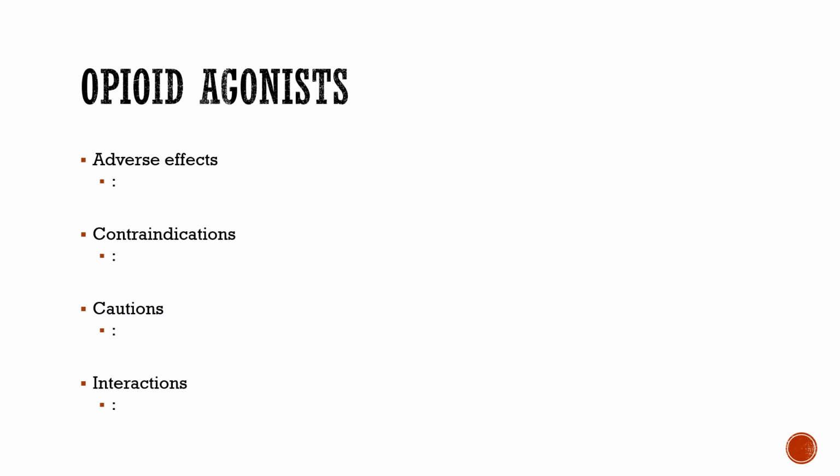But anytime you're going to give these, make sure you put them on fall precautions, put that bed alarm on, give them the call light, make sure that they understand they need to call you and not get up without you being there. Use gait belts, because there's definite potential for orthostatic hypotension, dizziness, drowsiness, the whole bit, and confusion. So we want to make sure we're protecting them with that.